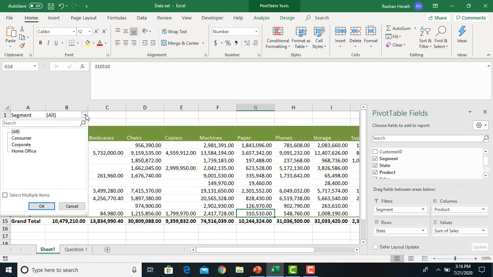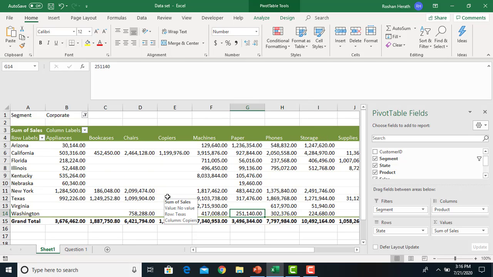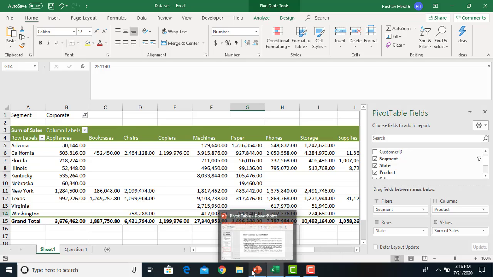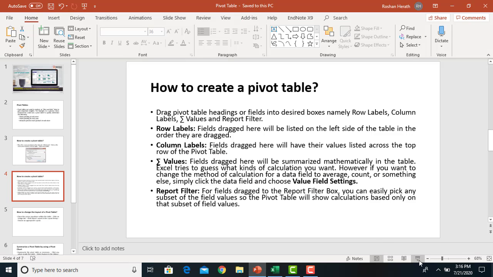Let's say that you want to see the sales that you had made for the corporate segment. So this is how it is carried out. In the Arizona region, this is the sale of appliances, and the machines this much, likewise, right? You can see the different kinds of values that have been generated. Now let's go back and figure out